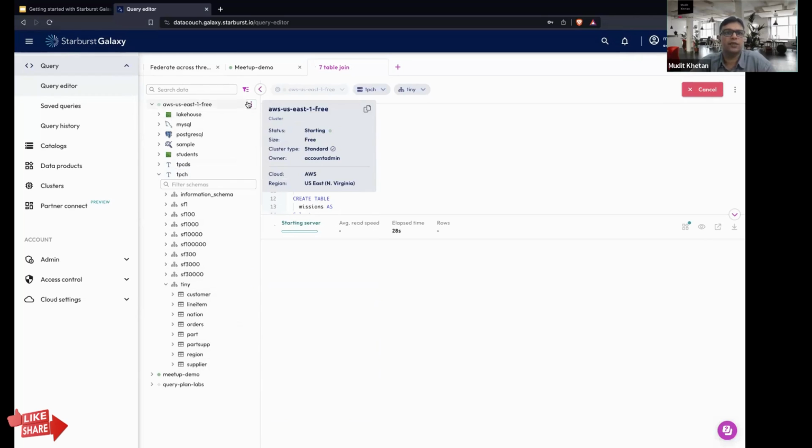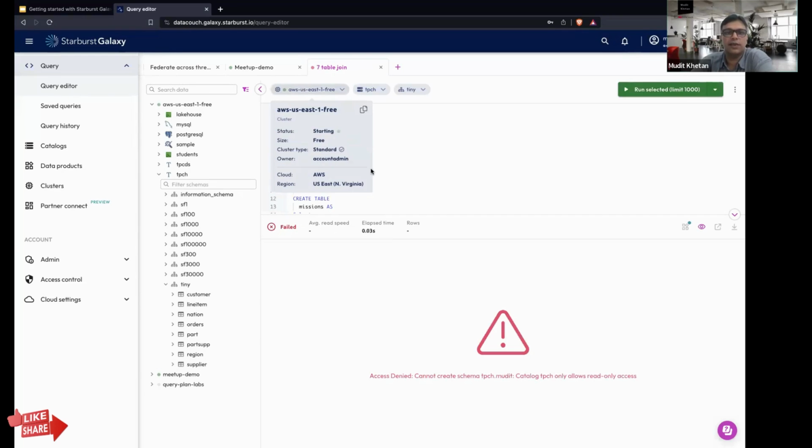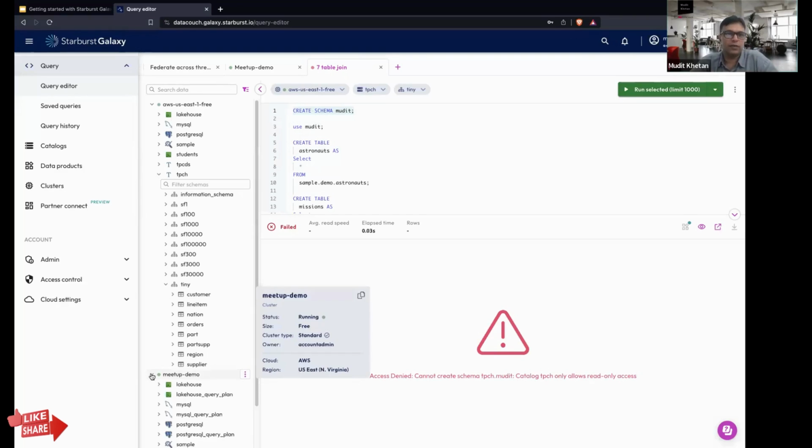I need to refresh it. Okay, it is actually starting the server because I was using the meetup demos cluster. It is starting up the server that is AWS. Okay, catalog TPCH only has read-only access. Okay, no worries. So let us do that over there.